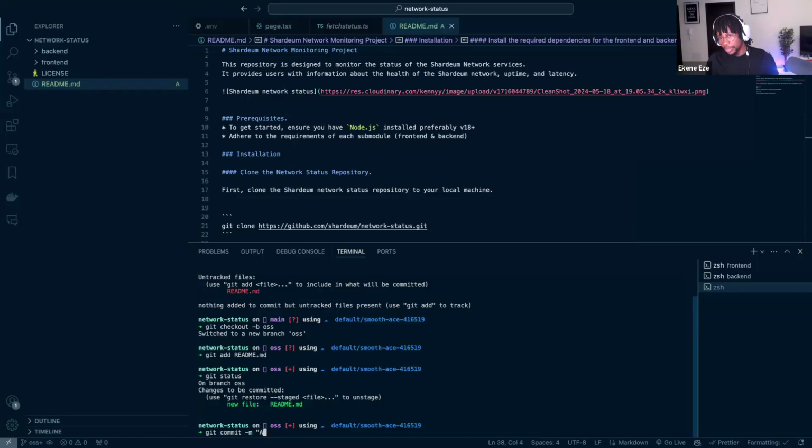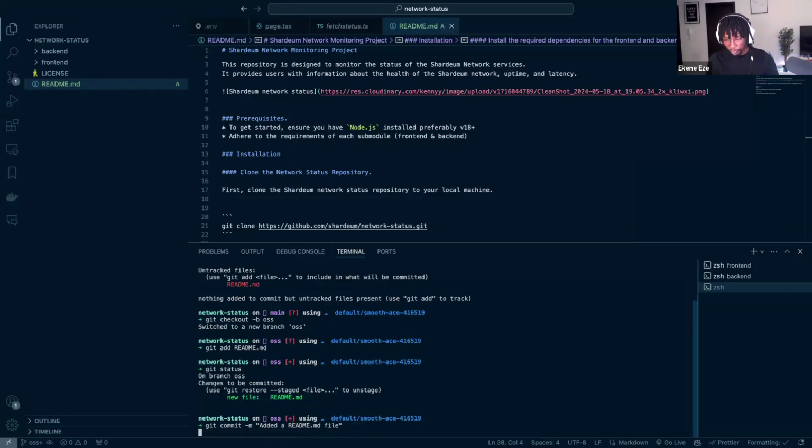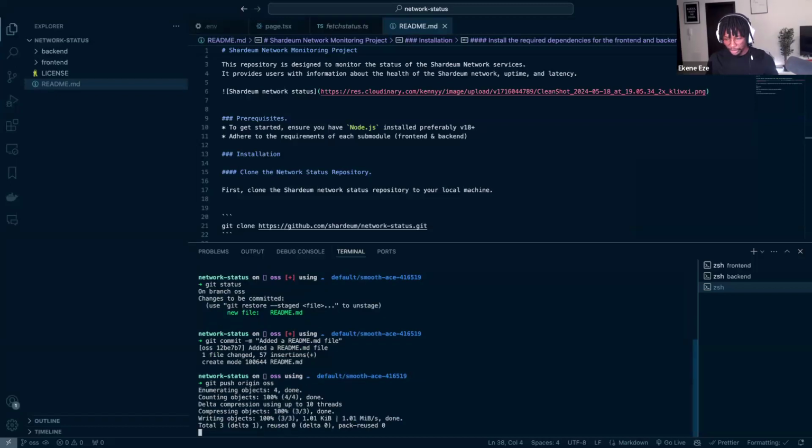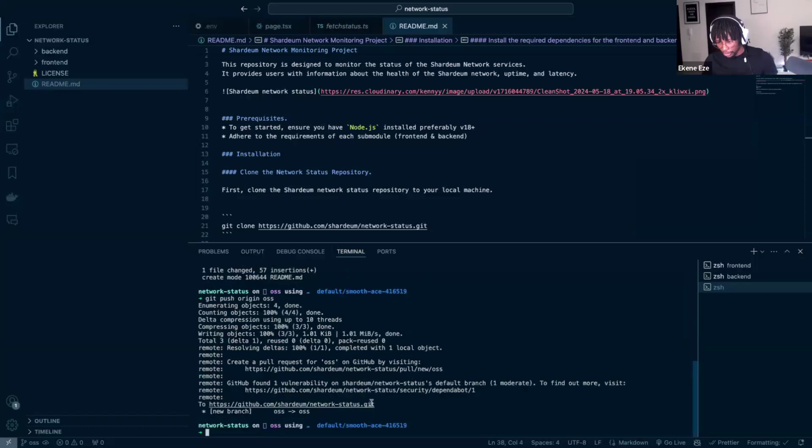The commit message is where you basically tell people the changes that you made in this PR that you want to send. So I added a readme.md file, right? And now I can push from this to OSS, which is the local branch that I have.